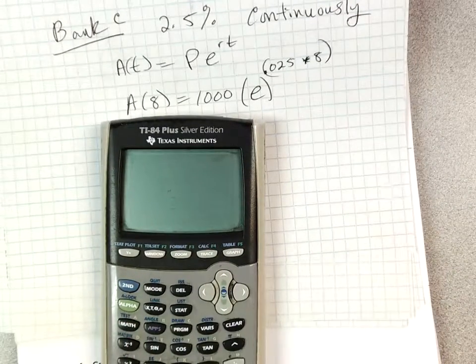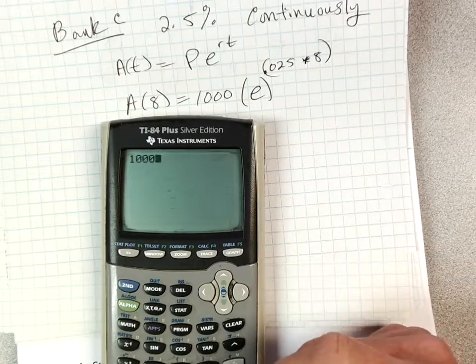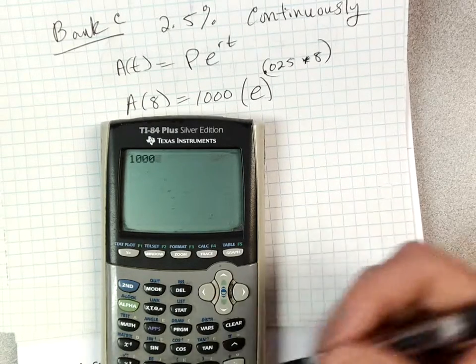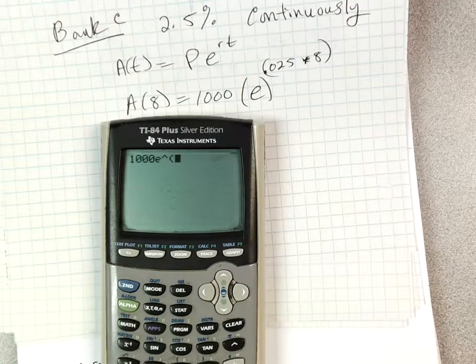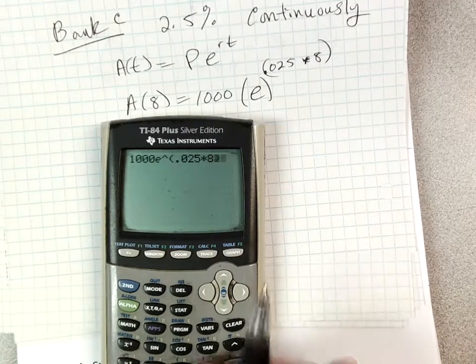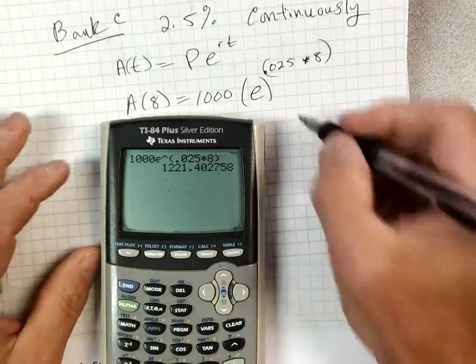Okay, and I'll show it on the calculator. I'm going to go 1,000. And now the e button I want to use is this e to the x, which is down here by the ln, right by the 4, second e to the x. And I'll go 0.025 times 8. And again, my answer should be close to the others. If you get an answer that's way off, then you know you probably did it wrong. Try it again, okay? So I get an answer of